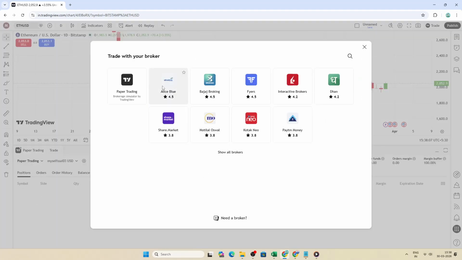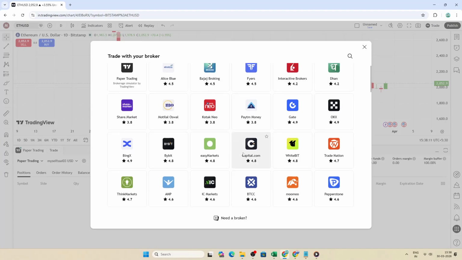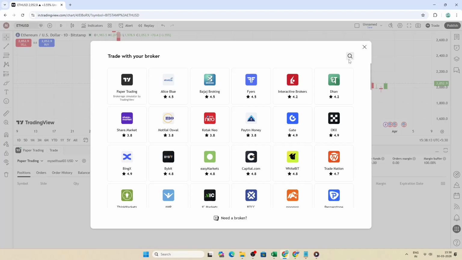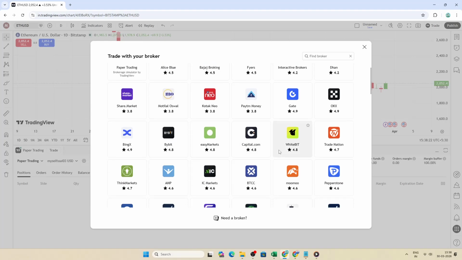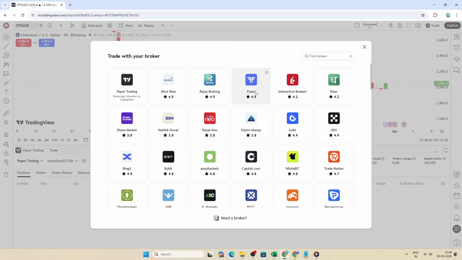Next, choose your broker. You'll see a list of supported brokerages in the trading panel. You can scroll through the options or use the search box to find yours quickly. Make sure you select the correct regional entity and account type if your broker offers more than one. Since availability and features can vary, when you find your broker, click Connect and log in using your live or